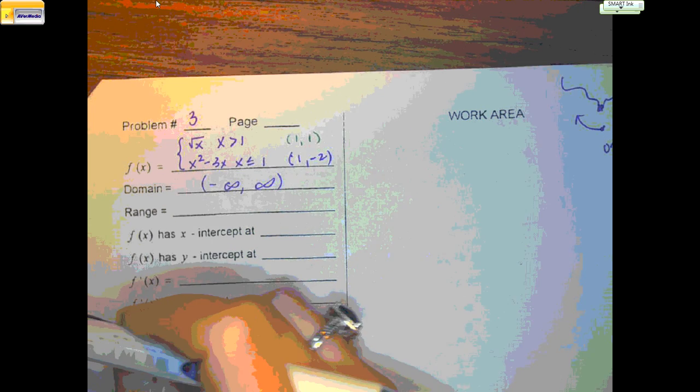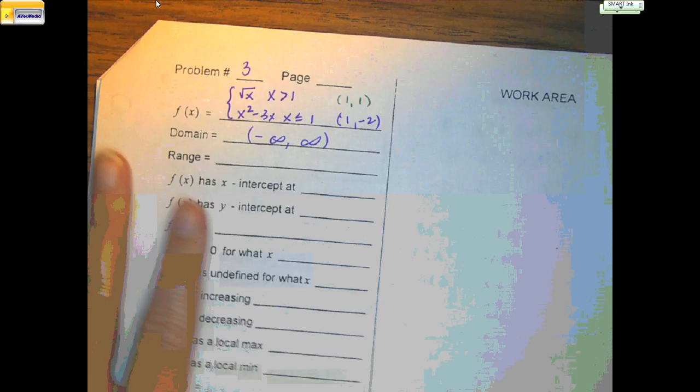X-intercepts is where y equals 0. Well, y is going to equal 0 at the top if x equals, is x allowed to equal 0? Nope, so we're good on the top. We don't put anything. Where's the bottom one going to be equal to 0? If x is,